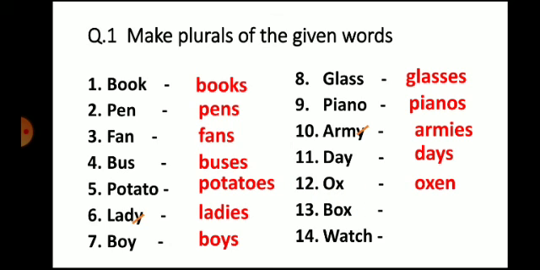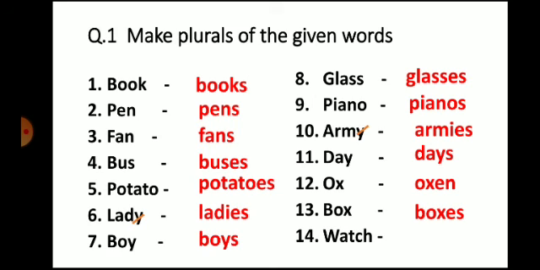Ox, again ox is a naughty word. So one ox, many oxen, we add EN and not ES. Box, yes, X is there. At the end of the word ox there is X, and at the end of box there is X. But ox is a naughty word, so there we will add EN to it, and box follows the rules, and there is ES at the end. So, one box, many boxes.